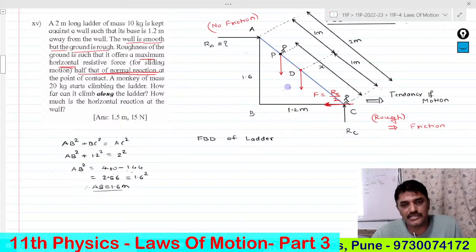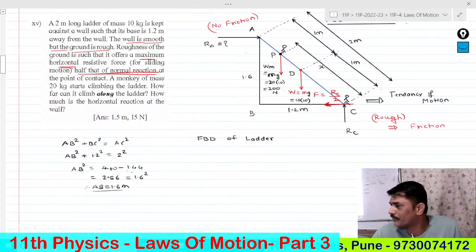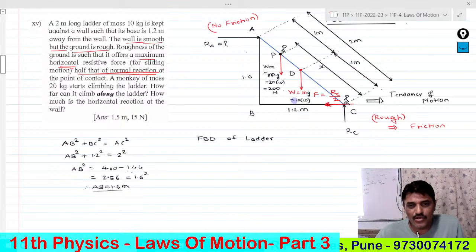You see, this is the weight of the ladder, which is equal to 10 mg. This is mg and that is equal to 10 into 10. This is the weight of the monkey, which is equal to mass of the monkey is 20 kg into, this is again mg of course, that is equal to mass of the monkey is 20 into 10, so that is equal to 200 Newton. Am I clear to you all? Am I clear? So this is the free body diagram that we have,